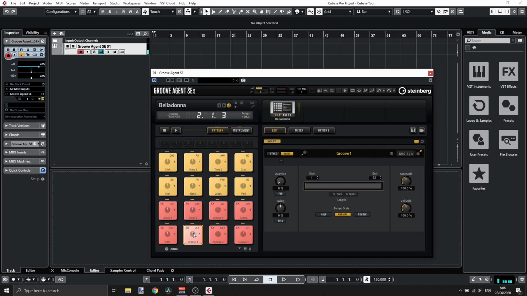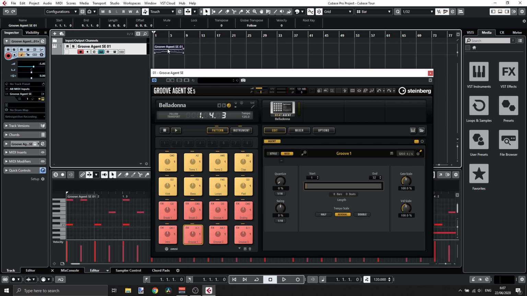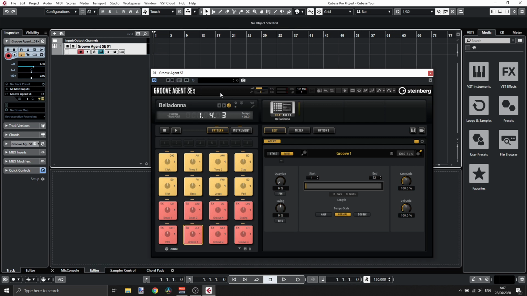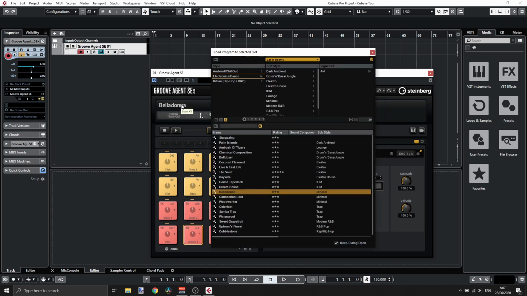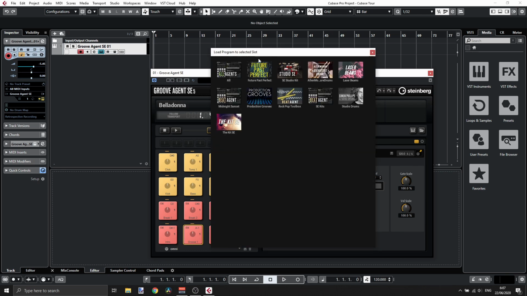Right, so it's a bit too loud, but let's do this. I can just click and drag it to my project. How cool is that? Right, so right now I have this pattern here. Something else that I can do, let's remove that, and I can go and select some other types of